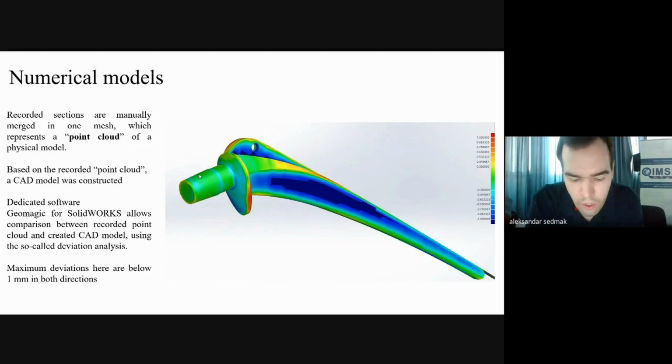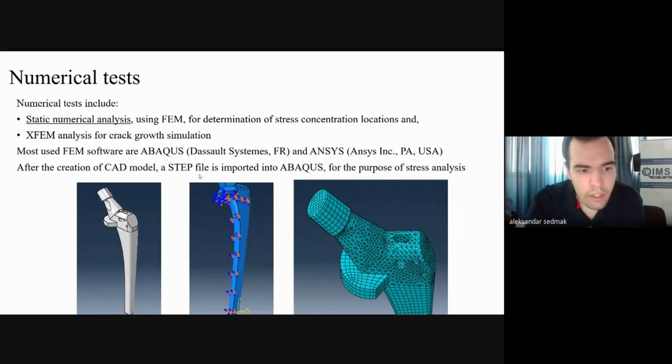So the maximum deviations here were not over 1 millimeter, so the attained CAD model is appropriate for the analysis. Then using that model, we convert it to a STEP file and use it for a static numerical analysis,